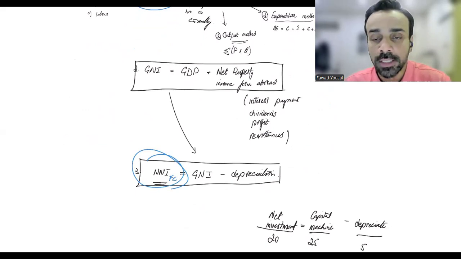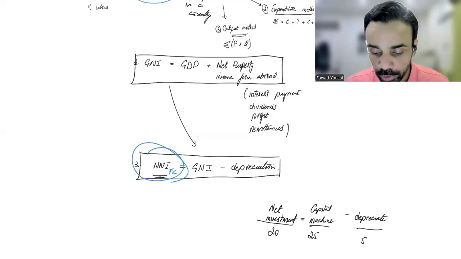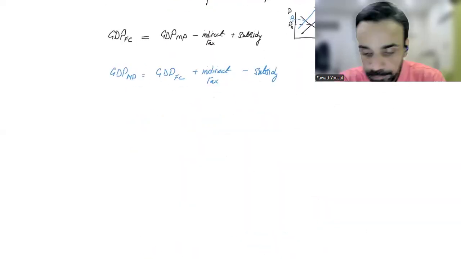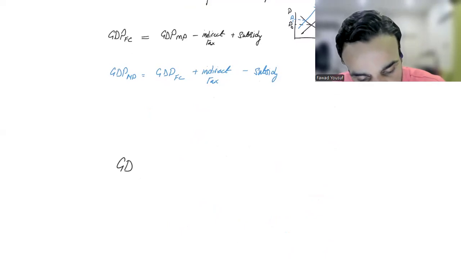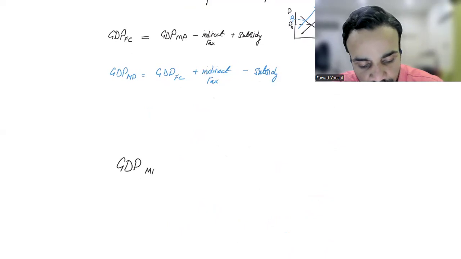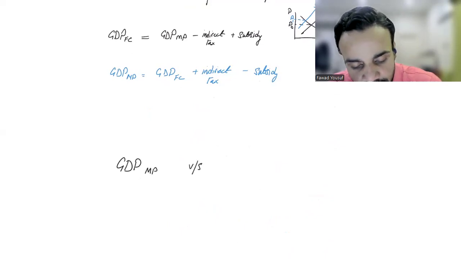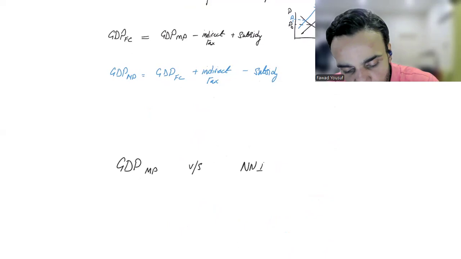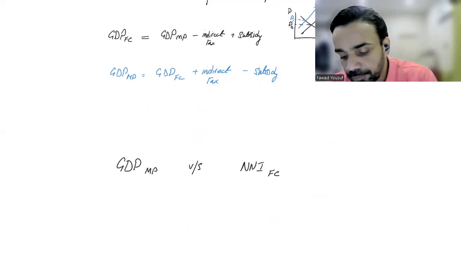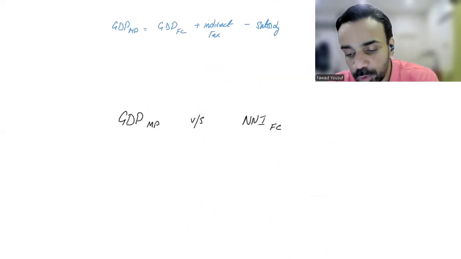We can even do that. So अब there is a lot of information that will go into. So let me just conclude this. I'm saying, what is the difference between GDP at market price and NNI at factor cost? So my length of explanation would be,